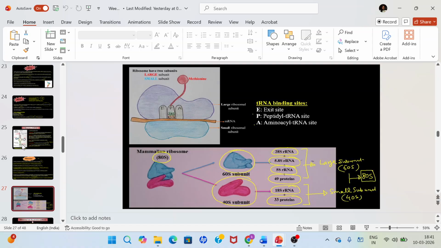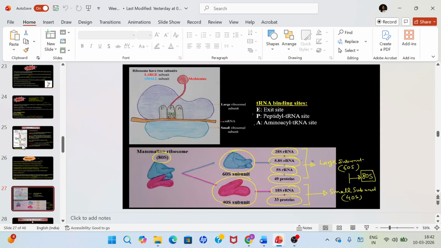So the first tRNA that comes to an assembled ribosome and mRNA comes at the P site, the peptidyl tRNA site. The second one comes at the aminoacyl tRNA site, and then the tRNA which has provided its amino acid, its job is done, so it leaves through the E site, which is called the exit site. Okay, so these are the types of rRNA that are present in the different subunits of